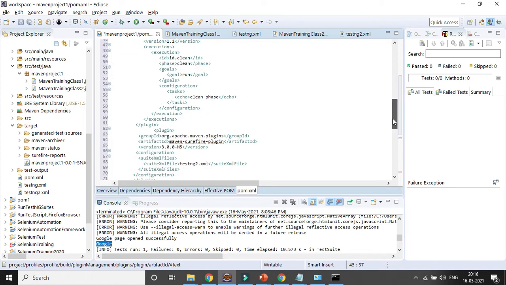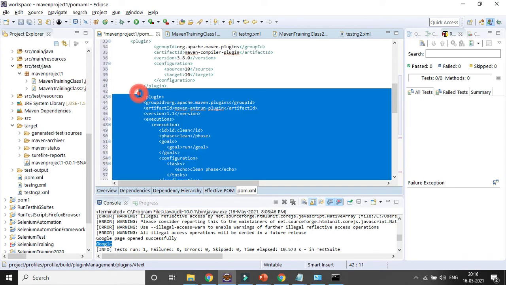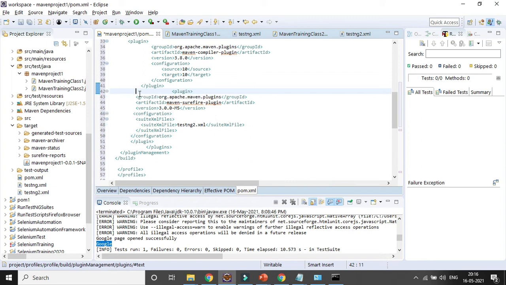Okay, and I can have the Surefire plugin, but the Antrun plugin is not required. You can remove it. I don't think that it is required. So these are the same two plugins I will be having, right? The Apache Maven compiler plugin and the Surefire plugin.